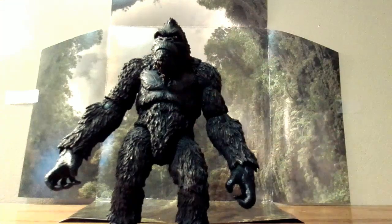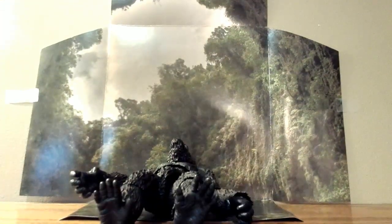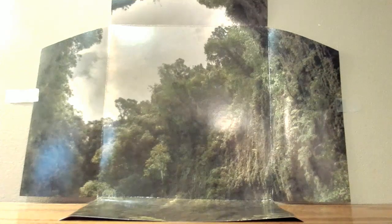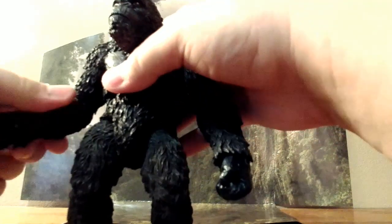So we'll get into the accessories real quick. And there goes Kong. He has one pair of fisted hands, so you can easily pop the open hands out. I do it off screen because it's a lot easier. You've got to get a hold on the arm to do it better. It's not really hard to do, it's just easier off camera. There we go. So there he is with his fisted hands, ready to punch a T-Rex in the